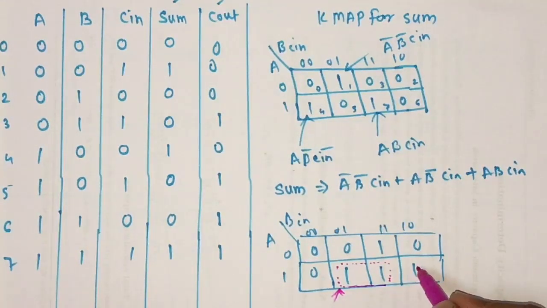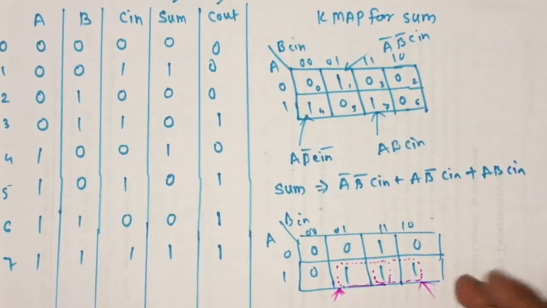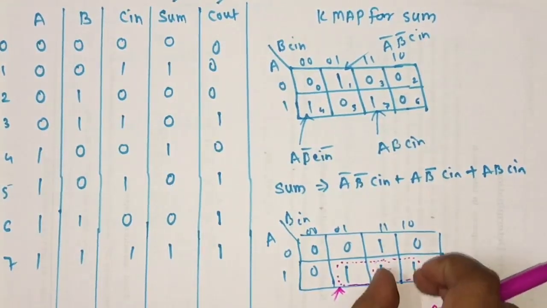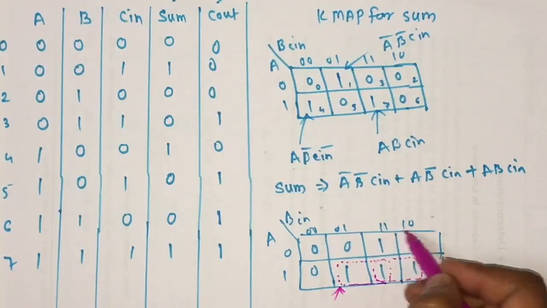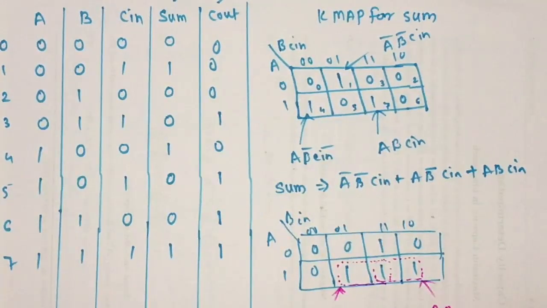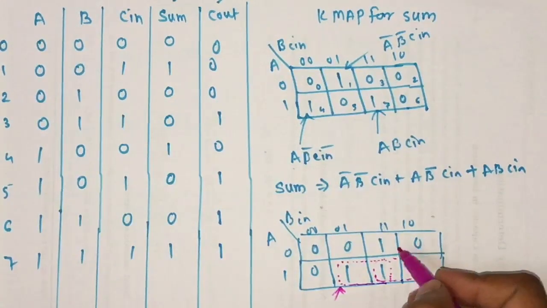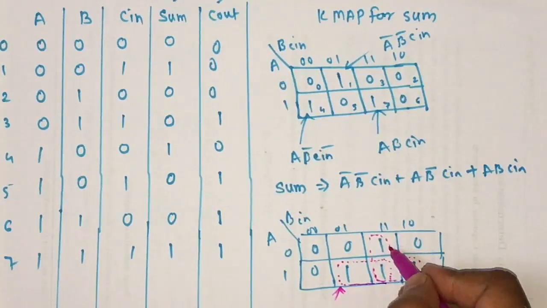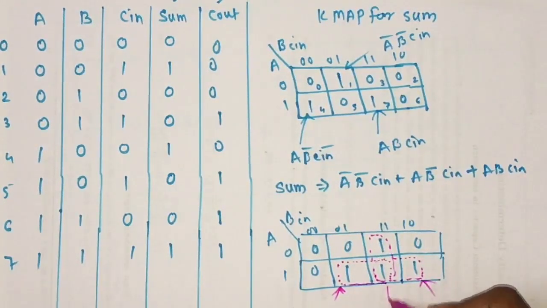After that we will form the second pair. For the second pair we will write the term. The row value is again A, and the common between these two, the 1 is common on the left hand side, that is the value of B. And again we will form one more overlapping pair, that is the third pair.